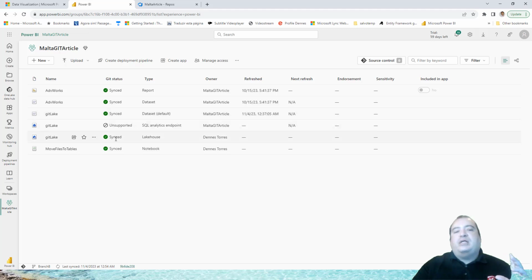And the three of them are with the status synced with the source control. This means lakehouse, notebooks, and datasets are already supported in Git source control when the Power BI workspace are linked to a source control repository like Azure DevOps. Let's make one experiment. Let me open this notebook